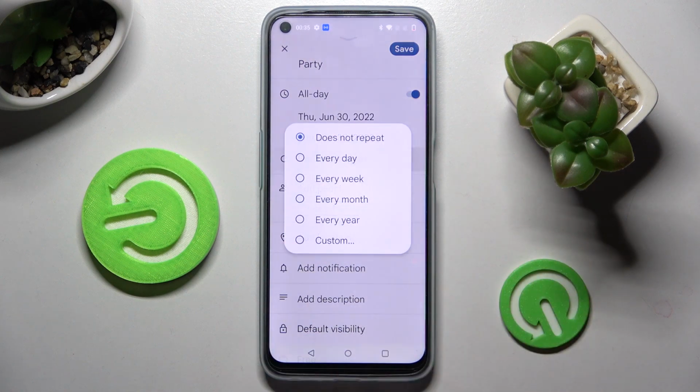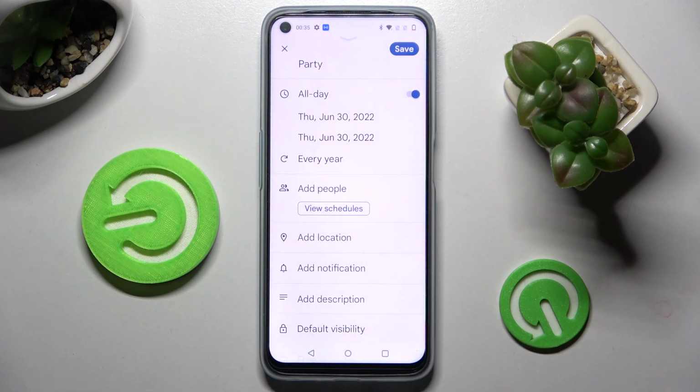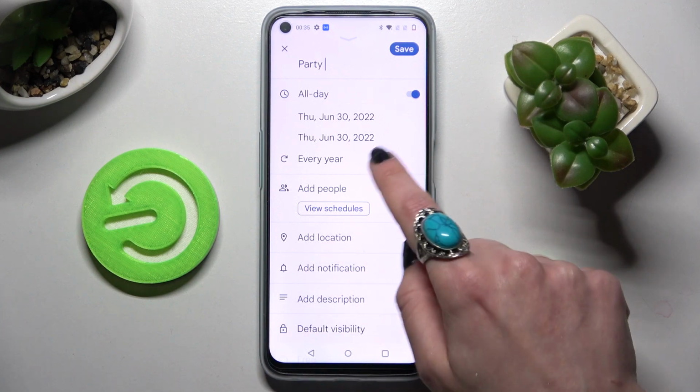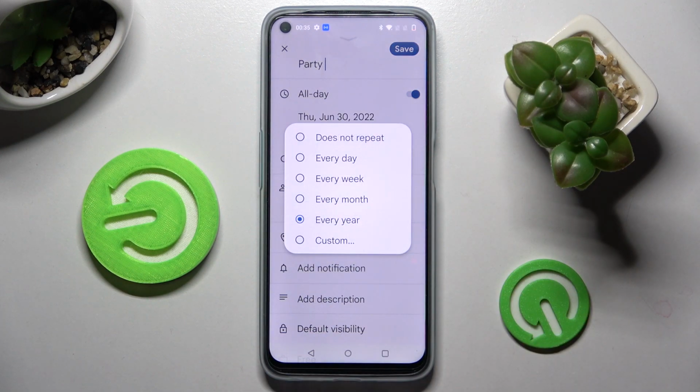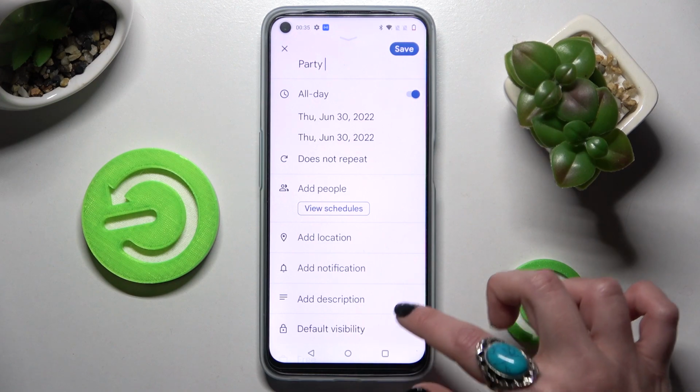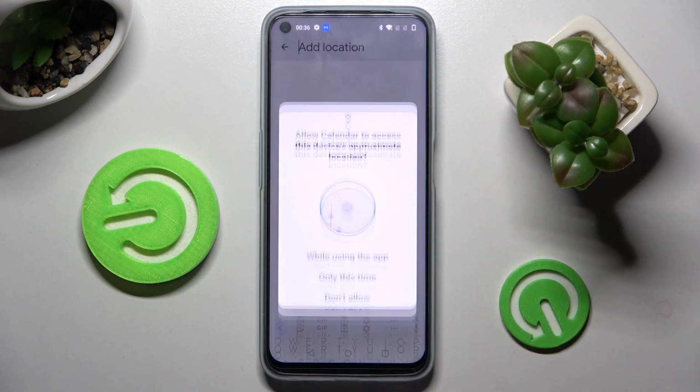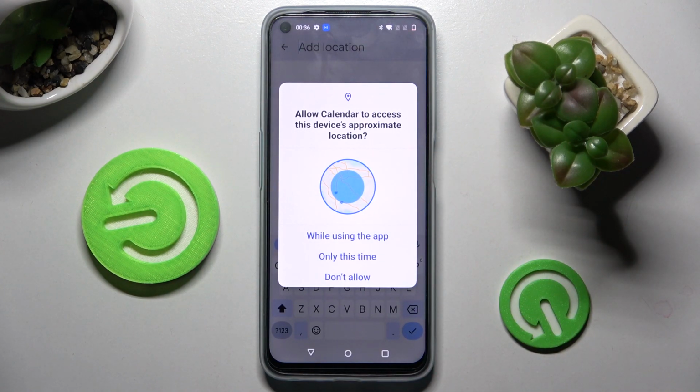Then select Does Not Repeat and click on one of those options if you want your event to repeat, like every year. If you don't want to, you need to click on the same option and tap on Does Not Repeat. After that, you can also add people, set up location over here by clicking on Add Location,